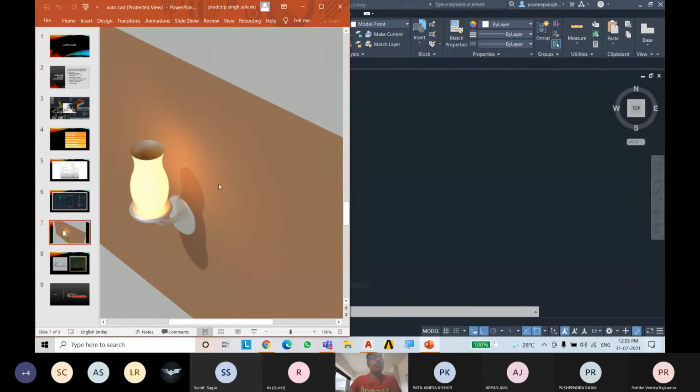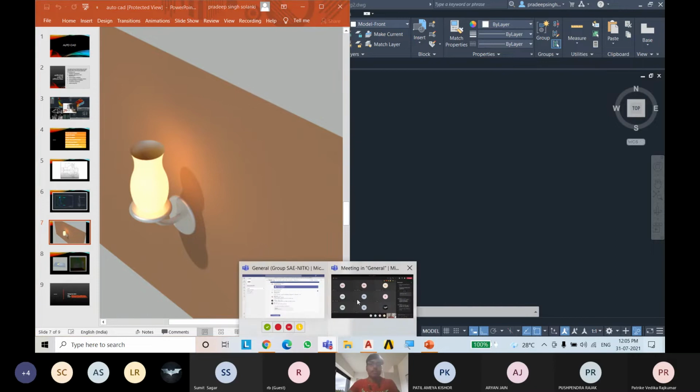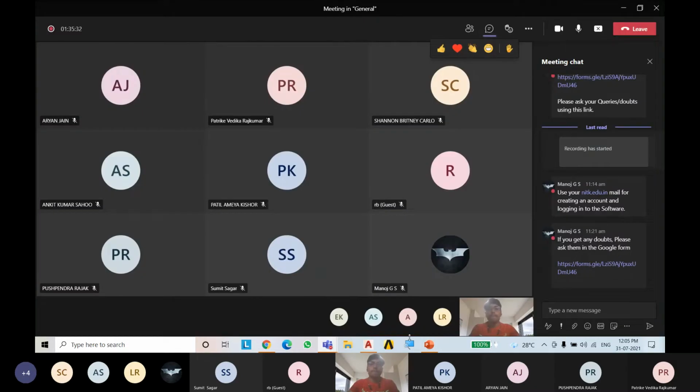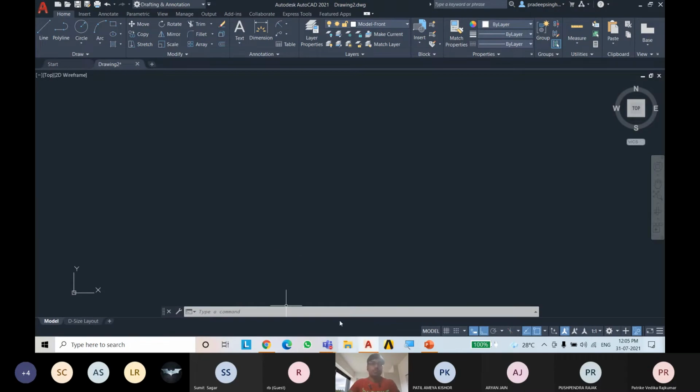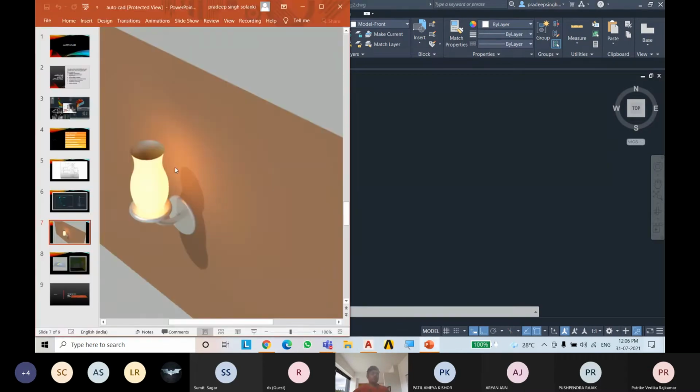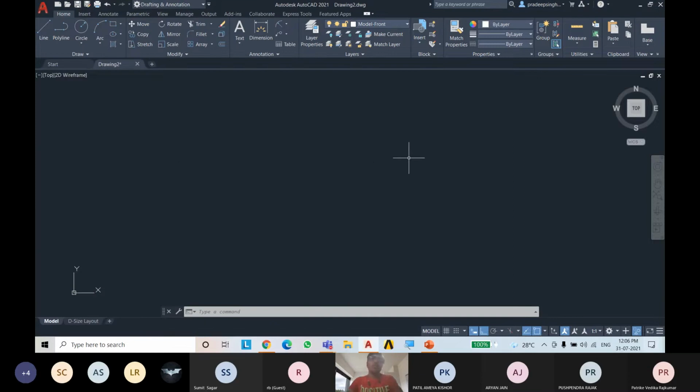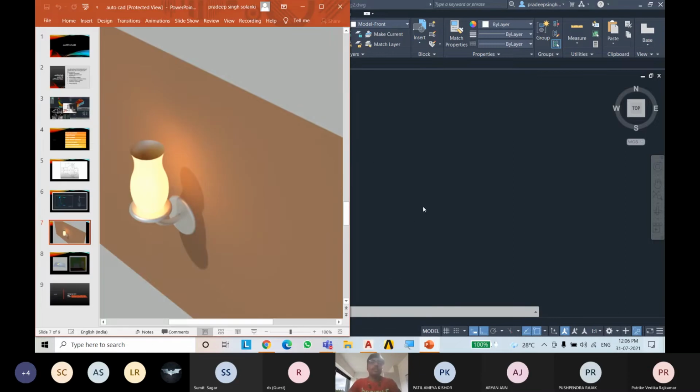Now we will be moving to model this. Now we will model this 3D lamp.